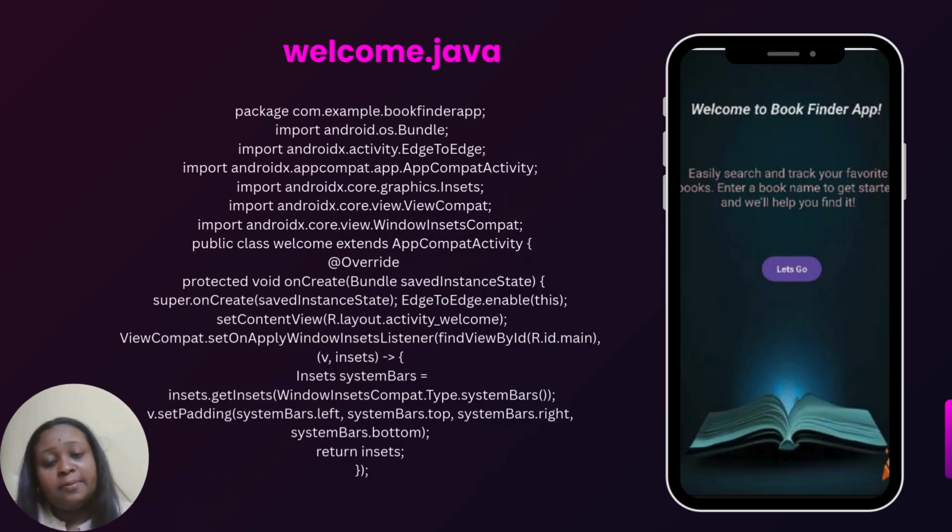The second is Welcome.java. The package defines the app folder name, bookfinder app. The import lines bring in Android libraries we need: Bundle to save activity state. EdgeToEdge makes the layout use the full screen. AppCompatActivity is the base class for activities, and Insets and WindowInsetsCompat handle screen edges, status bar